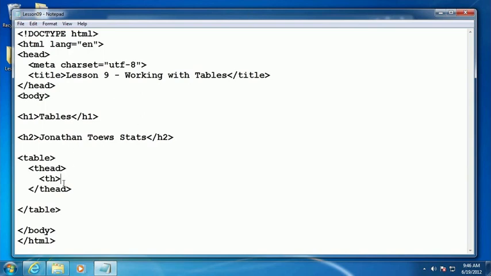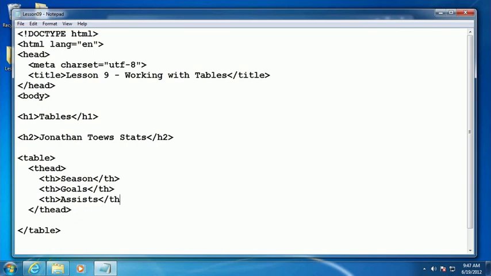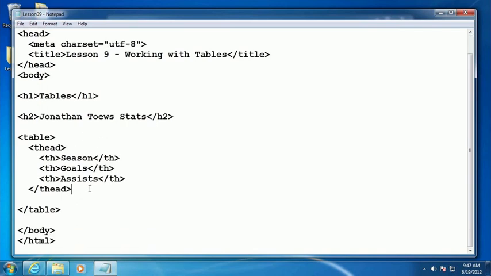Okay, so here we're going to have 3 cells or 3 columns across the top, one for the season, and again I can leave off the closing th, but in my style I like to include it. Goals, and assists. All right, now below the thead we're going to create a tbody, and this is where we'll include